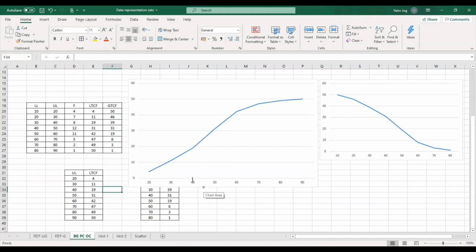So if this is 40 and if this is 50, I can draw a line at 45 approximately. So it is coming here. So what is this point at 45? It is approximately something here. So that means I have approximately 25 to 26 observations which are below 45. So I'm trying to predict something. Now it is not the actual use, and this is not the best method to predict something, but this is how you can use Ogive curve. There are multiple other use cases also. We'll come to that one by one. But this is the basic use of Ogive curve. You can try to predict some values which are not available with you in the data set.